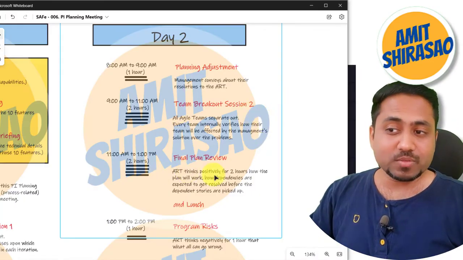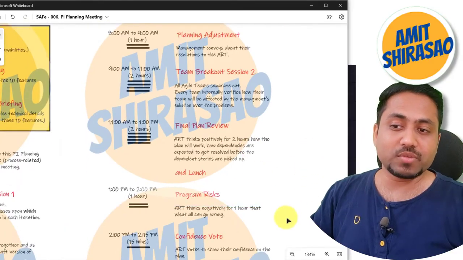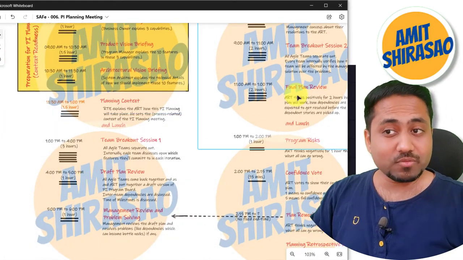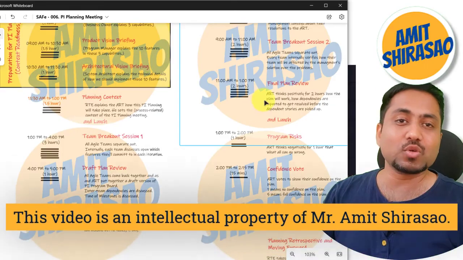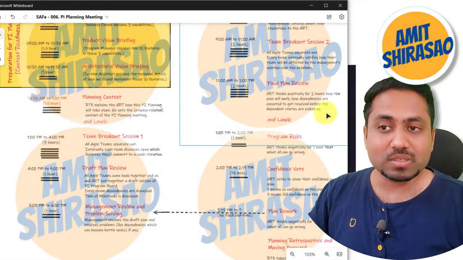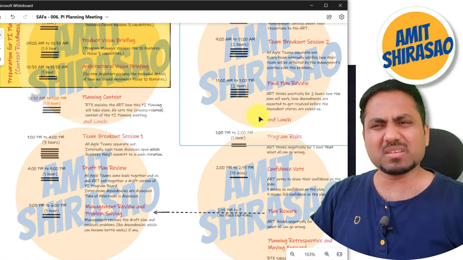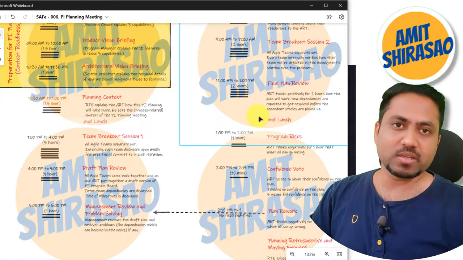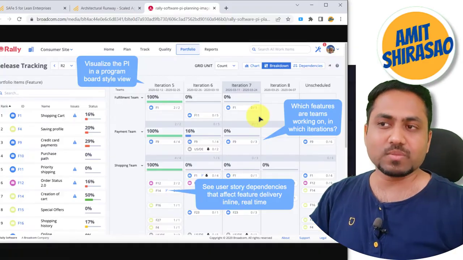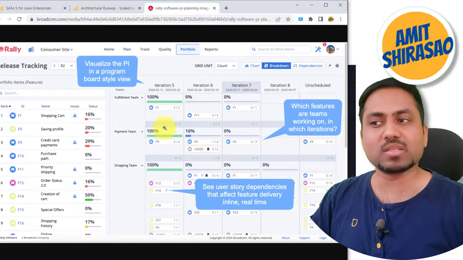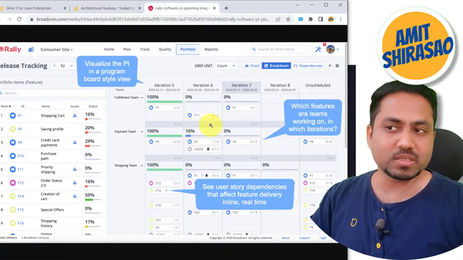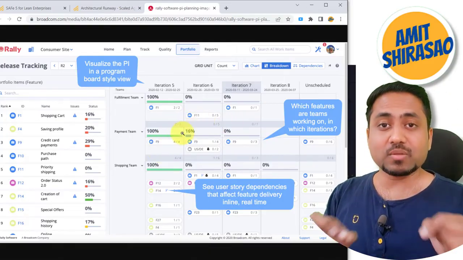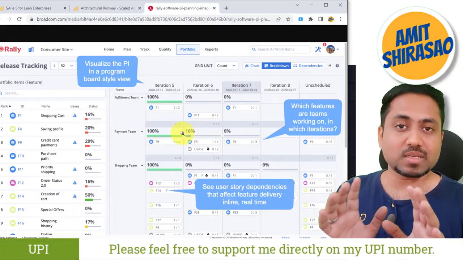After that, once again the ART comes back and they now discuss the plan review. If you remember, the draft plan review was discussed only for 1 hour, but this final plan review is now discussed for 2 hours. Why? Because now this is the final one. Okay, so you have to see positively how it works. What is the plan? Look at each and every little thing. Explain those things over and over again to each other, that okay, you have to complete this so that we can complete this, and for that you are borrowing these resources, or doing this, doing that, whatever. Explain it one by one once again and see whether all the pieces are in place.